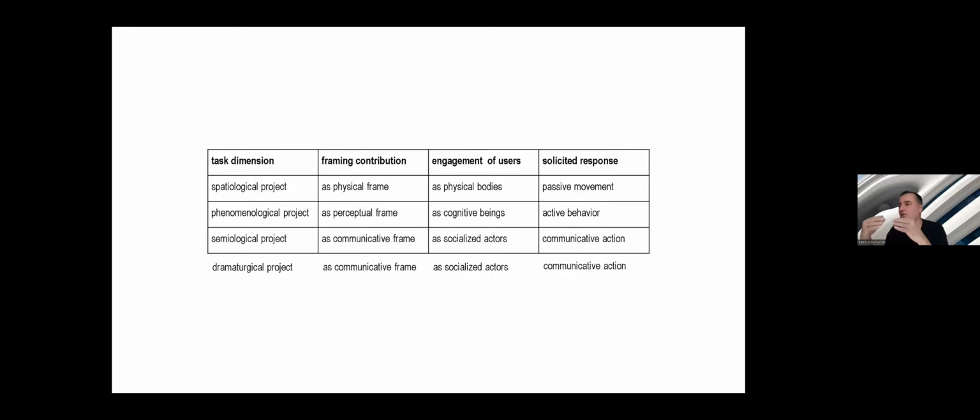In particular, the Semiological project presupposes the cognitive or phenomenological project, and of course it also presupposes the spatiological project. So it is the most advanced and evolved. And in a sense, the dramaturgical project is a further evolution of that. So as you go down that list, the project presupposes the previous understandings and decisions, and is the most, let's say, complex and sophisticated.